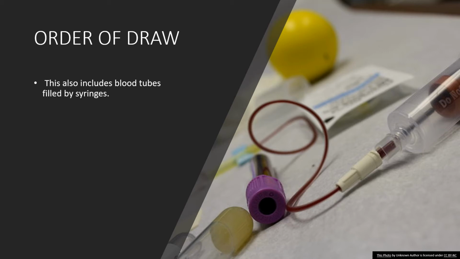Okay, this is connected to a winged infusion set or a butterfly. So we can use that winged infusion set or butterfly to draw blood from our patients, but in certain situations we can still use this evacuated tube system and be able to draw these just like we saw in the previous system. But you can also draw blood in a syringe or syringes